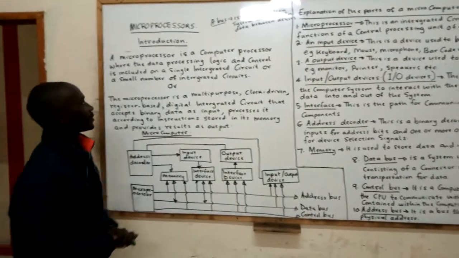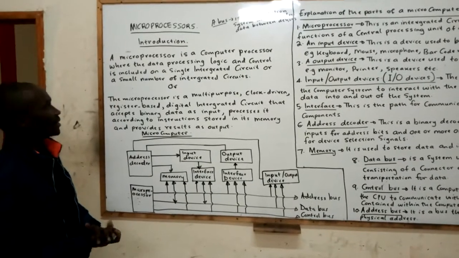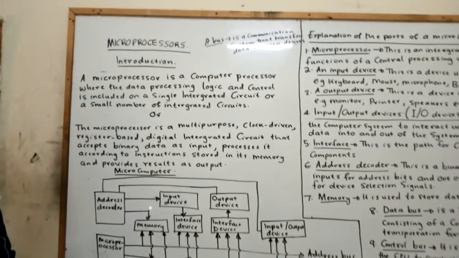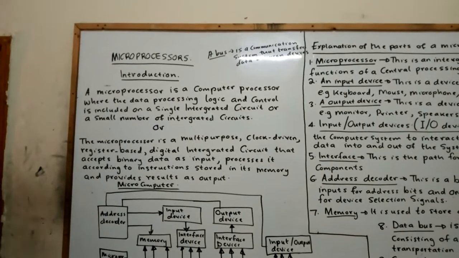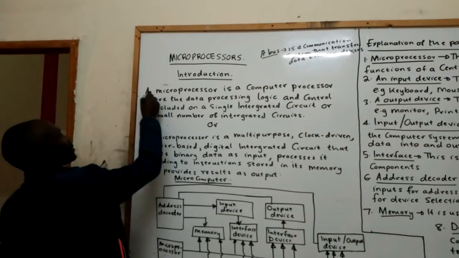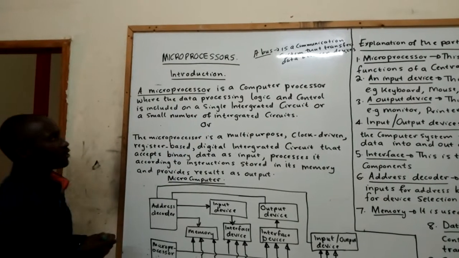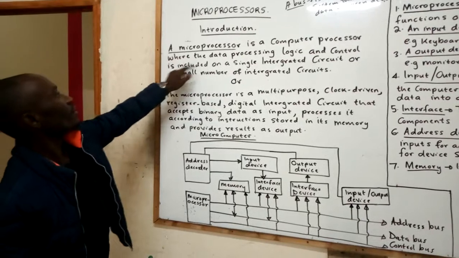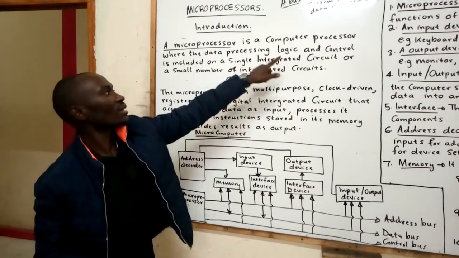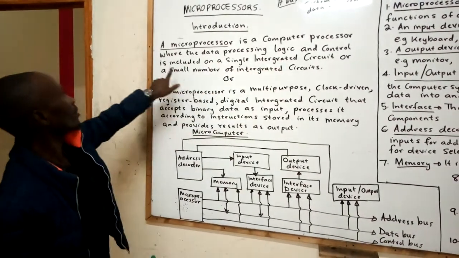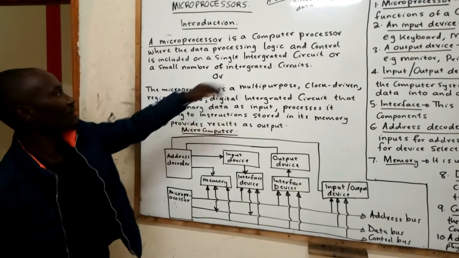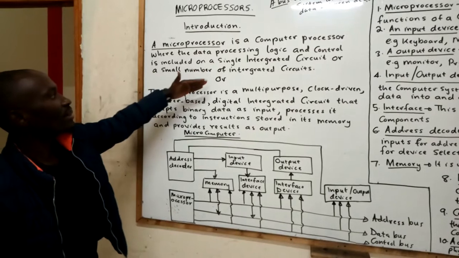And today we are going to study the microprocessor systems. And let's get to the introduction of the microprocessor systems. A microprocessor is a computer processor where the data processing logic and control is included on a single integrated circuit or a small number of